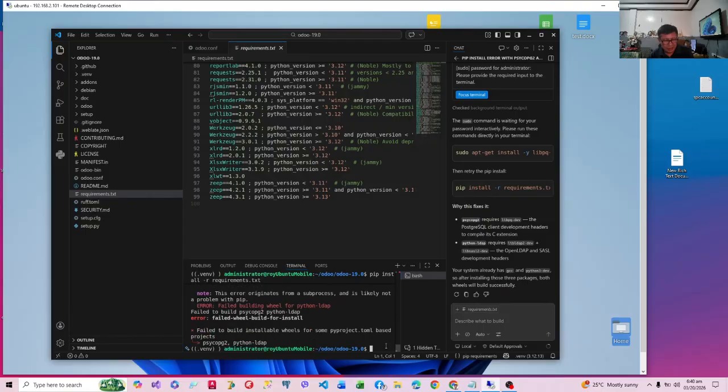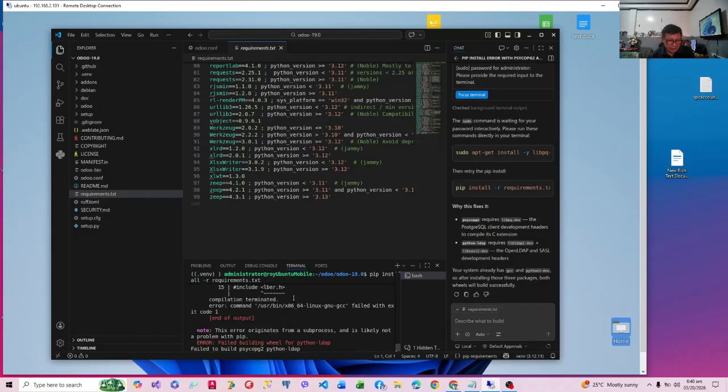Okay, so we have another error. This is a different error, LDAP. Okay, so therefore we'll have to copy this.